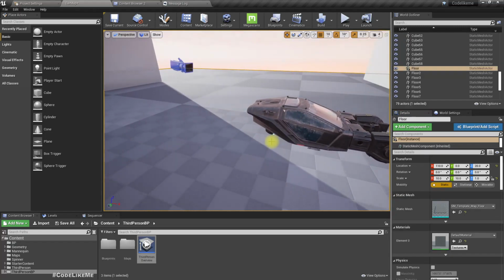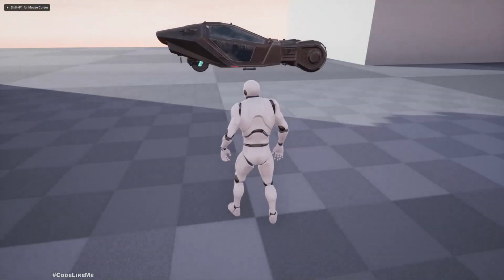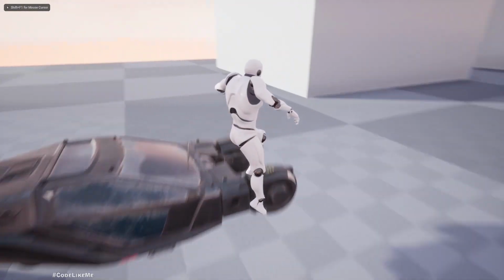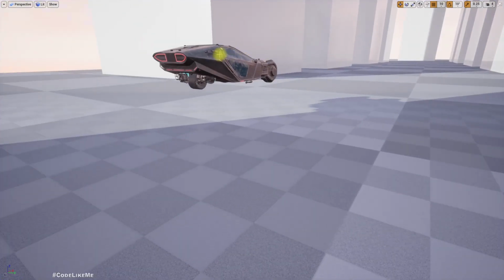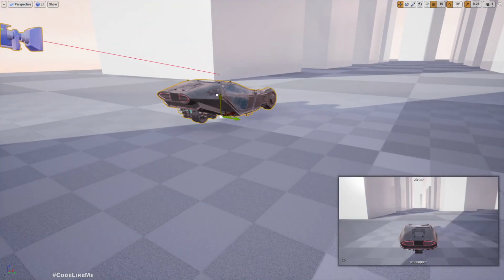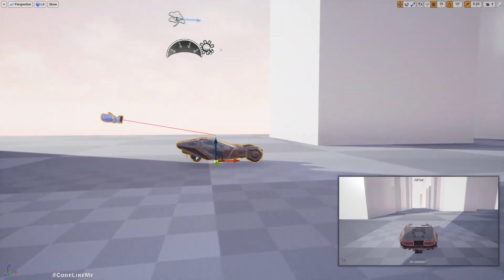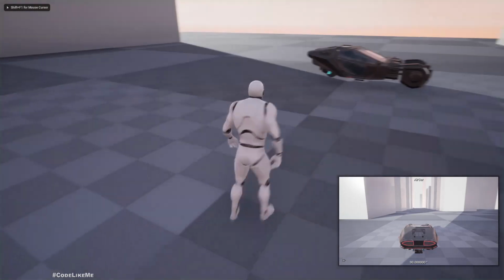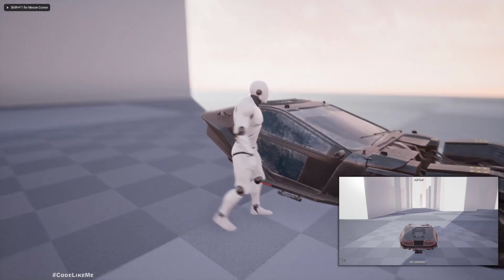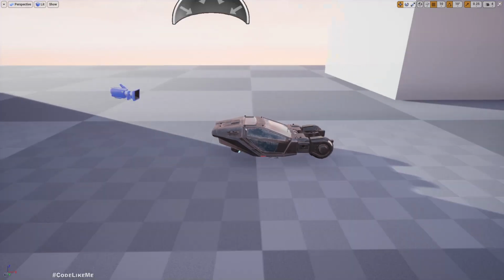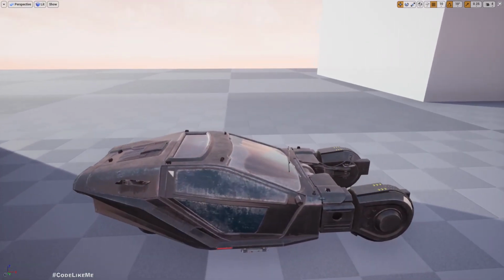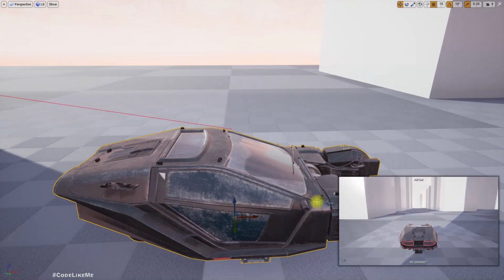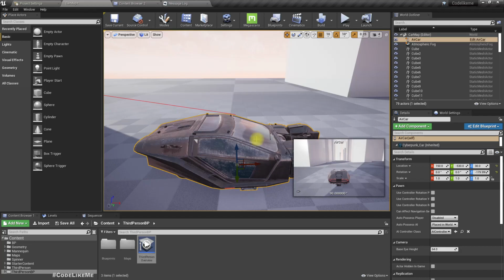Right, now it's like this. So how do we make this character enter this car? Okay, first let me open